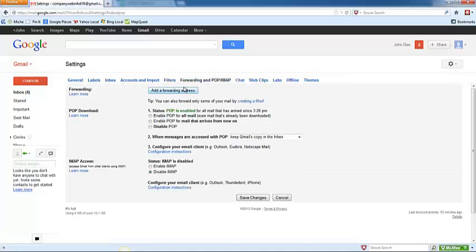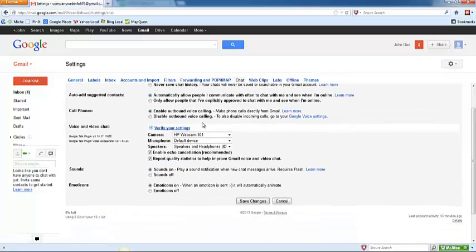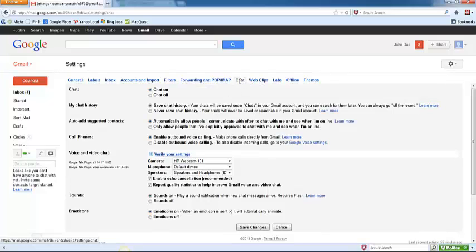Forwarding, if you would like to forward any or all of your email, you can go ahead and click Add a Forwarding Address, or you can create a filter for those special emails that you would like forwarded to you. If you would like to chat from this email, you can go ahead and set up the chat feature in